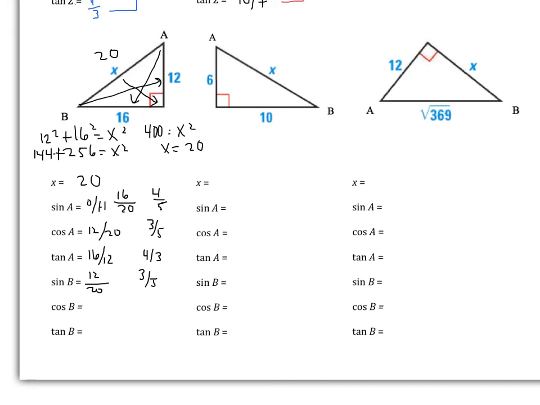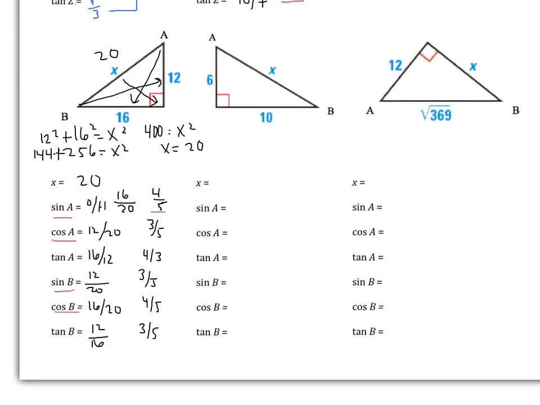Cosine of B is adjacent over hypotenuse. I know that 12 is the opposite, 20 is the hypotenuse, so 16 must be my adjacent. So it becomes 16 over 20. Dividing both by 4, this simplifies to 4/5. Tangent of B is opposite over adjacent. Opposite of B is 12. 20 is the hypotenuse, so therefore 16 has to be adjacent. This simplifies to 3/5. Now doing our mental check, we need to check are our sines and cosines between 0